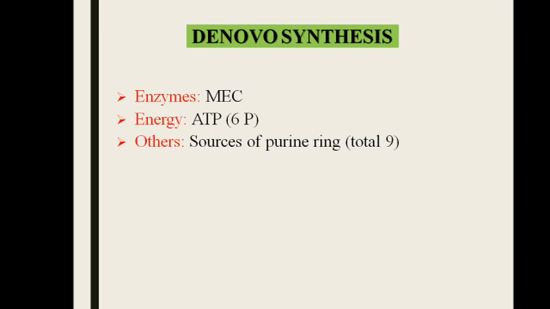Now let's look into the enzymes. Again, I already told you in the last class, when we were dealing with prostaglandin metabolism, there also the enzyme was a multi-enzyme complex. In fatty acid synthesis, it is a multi-enzyme complex. Similarly, in purine biosynthesis also, we do have multi-enzyme complexes of transferases, synthetases, and carboxylases. Because of the presence of this multi-enzyme complex, the main advantage is that it is going to increase the efficiency in the production of the pathway. That's the reason it is more advantageous.